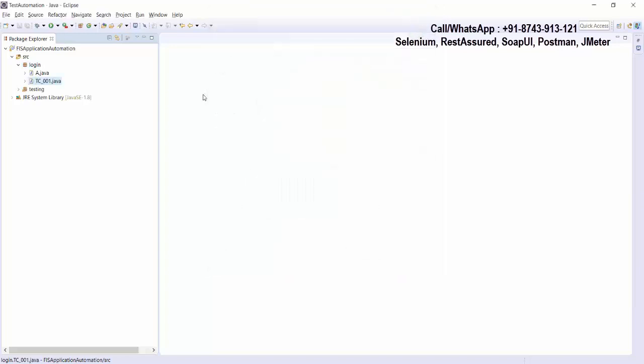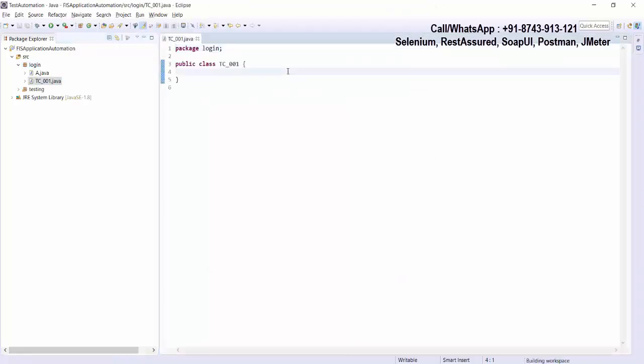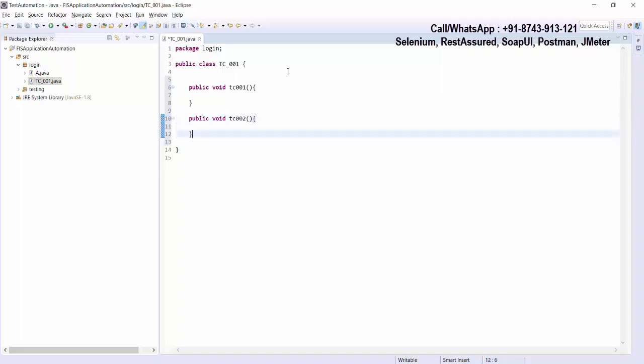Okay, if I create a class and in this class you are going to write three test cases. So let me write public void TC001 and I'll write the code for it. In the same way, public void TC002, and this will be the second test case, public void TC003.